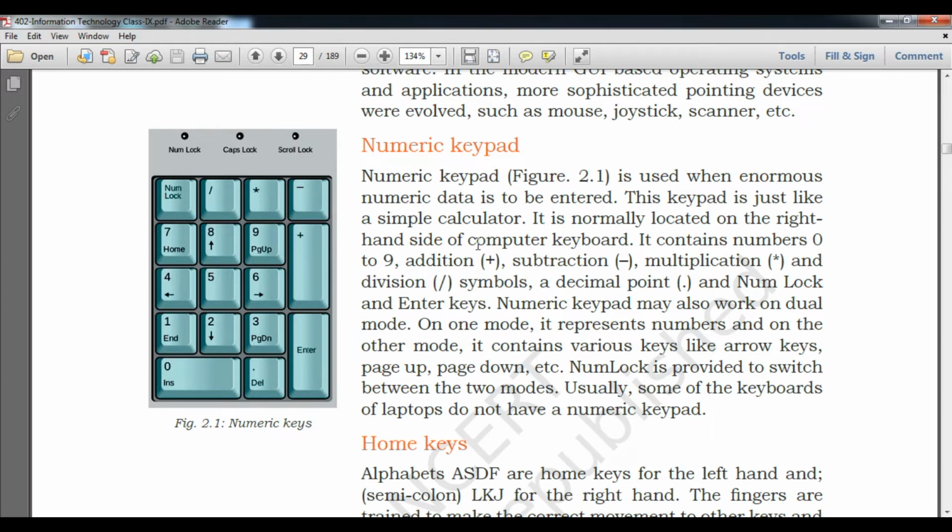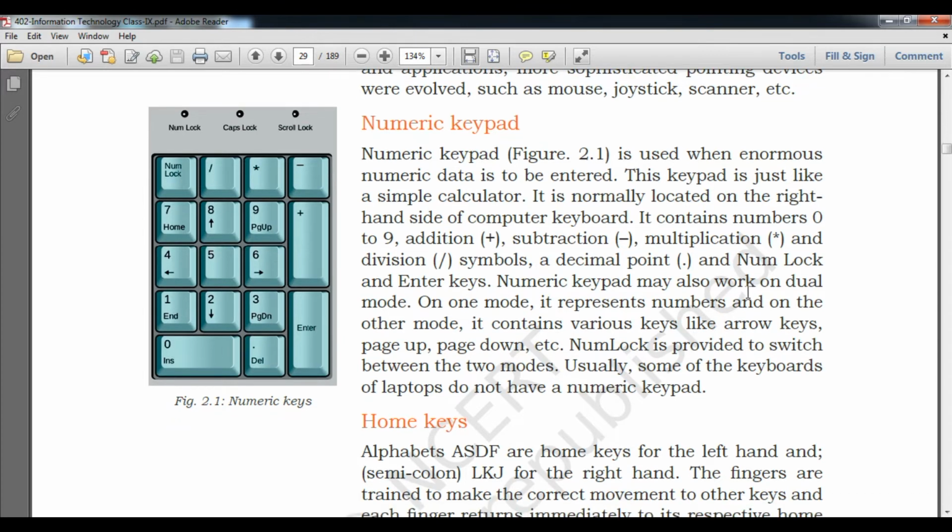Here we need to understand the symbolic keys. I would say operator keys here. Symbolic keys are like division, the slash; asterisk, which is multiplication; minus, which means subtraction; plus, addition; and enter, which means equal, or process the enter. Now the home keys: here there are different keys, other than the number keys. There are keys containing names, for example end, page down, home, page up, insert, delete, enter, numlock.